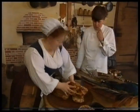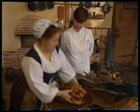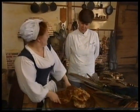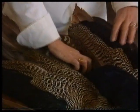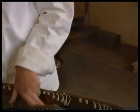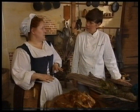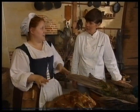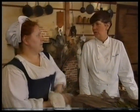Caroline Yeldham is preparing one of the more unusual dishes. This is a roasted peacock that's going to be dressed in its skin to be served. So you've turned it right side up? Yes. Do you mean you're actually going to sew or wrap that in this raw skin and feathers? Yes. Pretty unhygienic then. Sometimes they put salt or spices on the skin, which must have helped preserve hygiene a little bit. In fact, preservation must have been a huge problem because there was no refrigeration or...